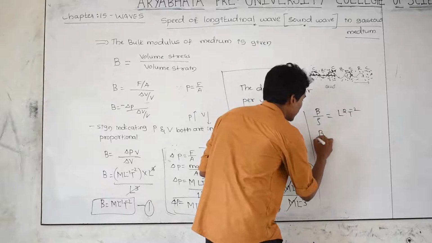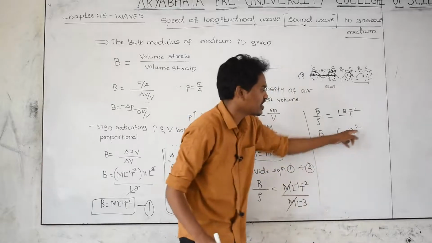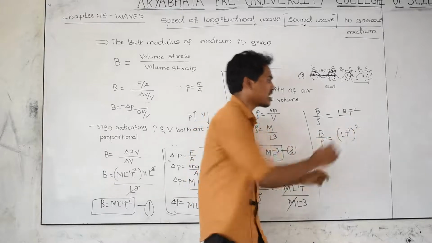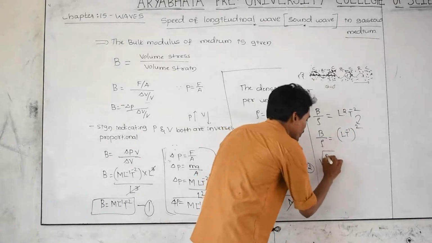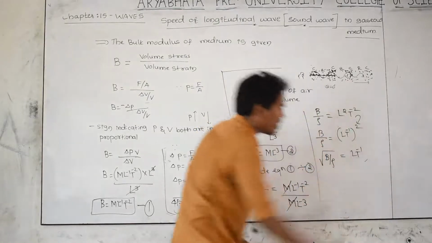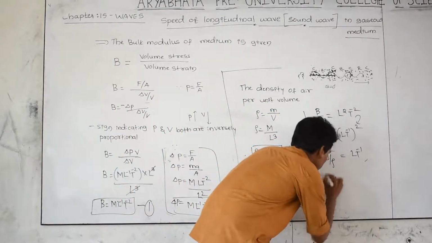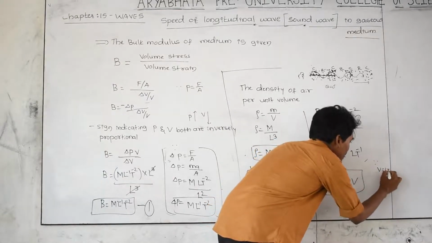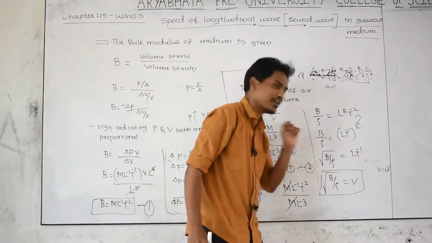Then B by rho is equal to, can I write, (L T raised to minus 1) raised to 2. If you expand this, again you get L square, T raised to minus 2. I have just taken it in this form. If you don't want the square here, make it a root. Then root of B by rho is equal to L T raised to minus 1. You know very well, L T raised to minus 1 is the dimensional formula of velocity. Therefore, root of B by rho is equal to V, and L T raised to minus 1 can be written as V.